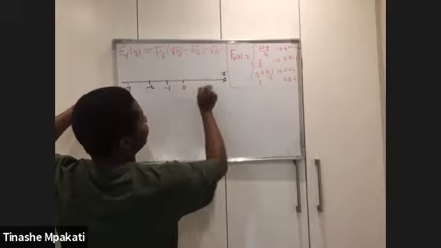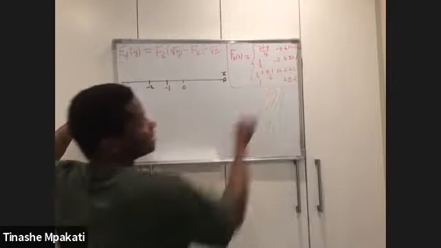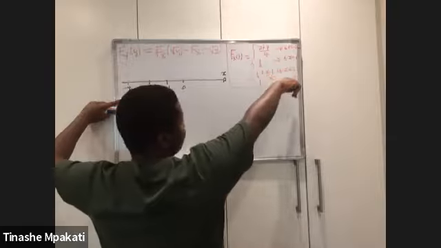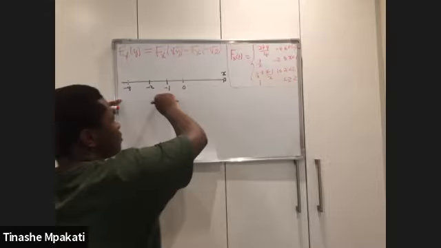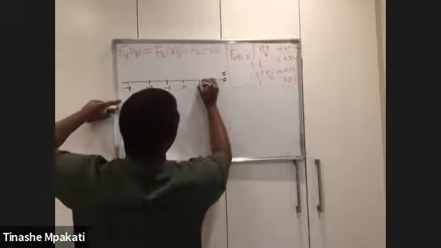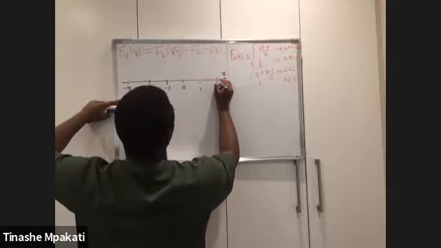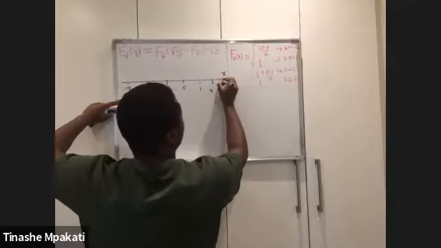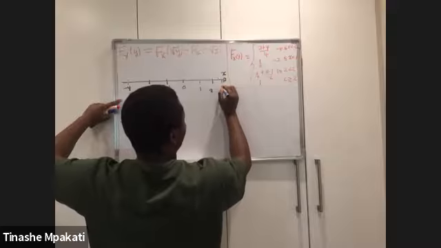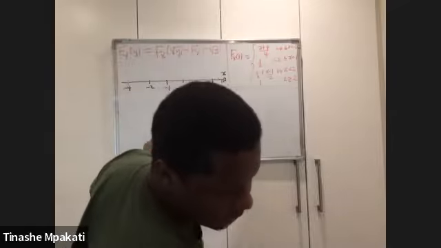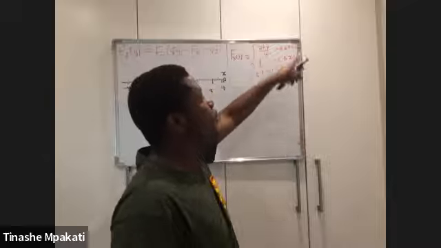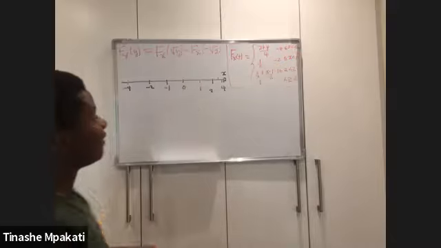The reason I'm writing a -1 is because on the positive side, you actually have a 1. So try to have all those numbers here. Because I have a 1 here, I'm also going to include a -1 on this side. Then I'll have a 1 here, and I'll have my 2 here. And because I have a -4 on the other side, I'll also end up with a 4 on this positive side. So whatever number I have on one side, I'll also want to have on the other side.